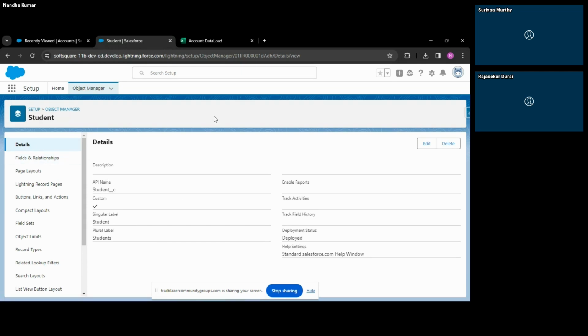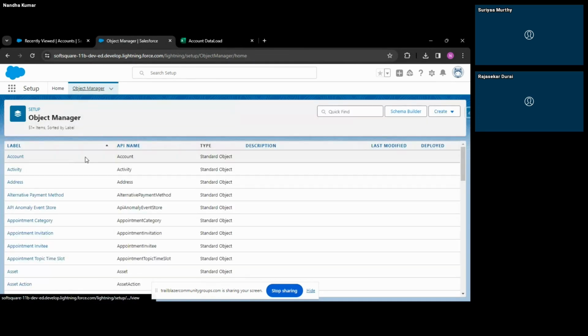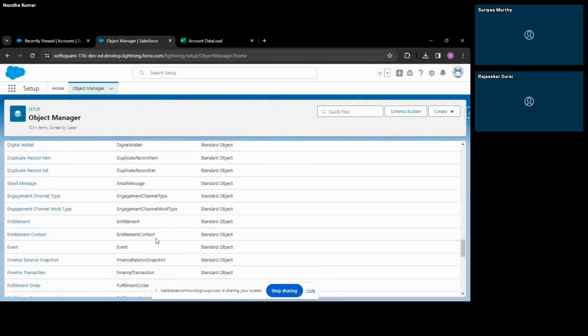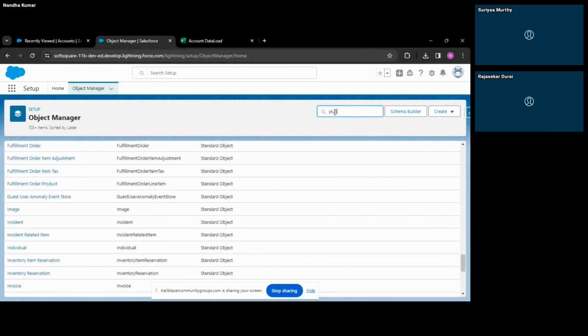Okay. Once you create the object, you will be taken to this particular page. Here you can see the details of the particular object. So the API name is student underscore underscore c. One more thing I want to tell you: if you click the object manager, you can see account, address, and all, right? So look at this API name. Account is just account, right? And if you search for student,